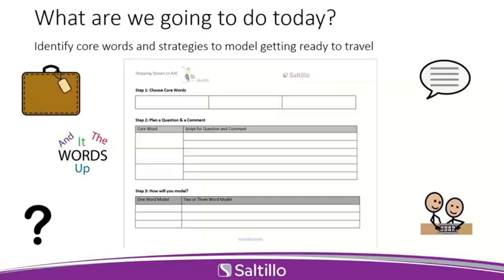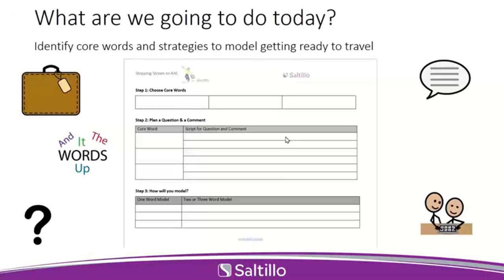So our first handout this evening is the organizational tool. That's what it's called in your materials anyway. And this just helps us organize and think about what we're going to say when we're modeling for kids on an AAC device or a low-tech board or whatever it is that you're using. So today, specifically, we're identifying core words and strategies to model when we are getting ready to travel. So spring break is coming up, and although you may not be going anywhere fancy, we're looking forward to that day, or maybe you can just travel at home. So, from one room to another, make it fun.